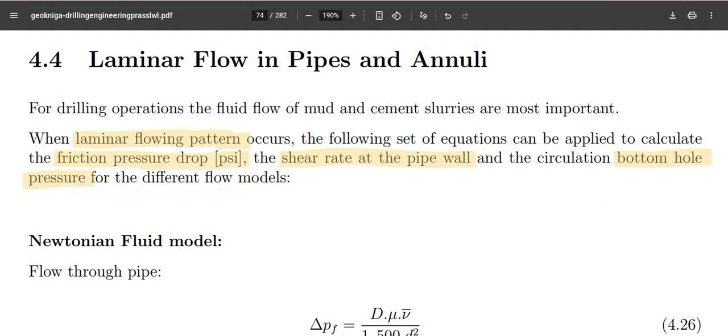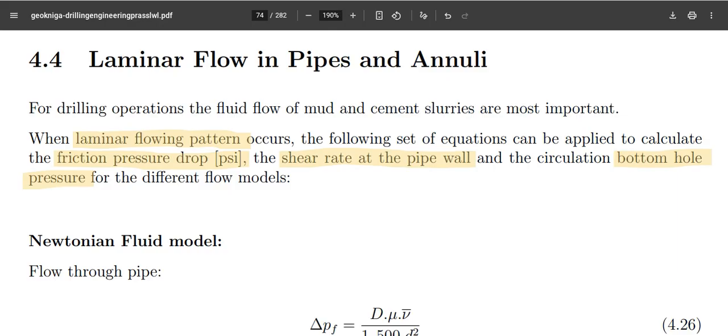Hi all. In the last video, we saw the importance of designing drilling hydraulics for safe and efficient drilling operations. That designing drilling hydraulics involves three main factors. One is properly maintaining the hydrostatic pressure. The second thing is proper flow pattern, and the third thing is proper selection of the rheological properties of the